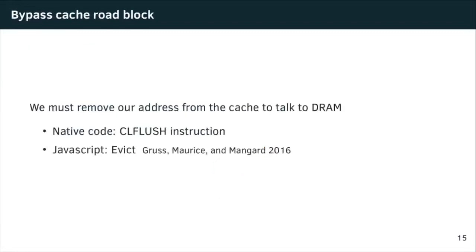We need to bypass this roadblock, and we can do this in 2 ways. The easy way is that Intel provides an unprivileged instruction. Actually, there are 2 of them, CLFLUSH and CLFLUSHOPT, unprivileged for cache maintenance by applications. We can use that to bypass the cache. You saw JavaScript, and in JavaScript we don't have access to any special instructions like the CLFLUSH instructions. So we need to use a technique called eviction. There is a paper by Gruss, Maurice, and Mangard on this subject called rowhammer.js that describes how we can evict stuff from the cache and thus bypass it. We'll leave it at that.